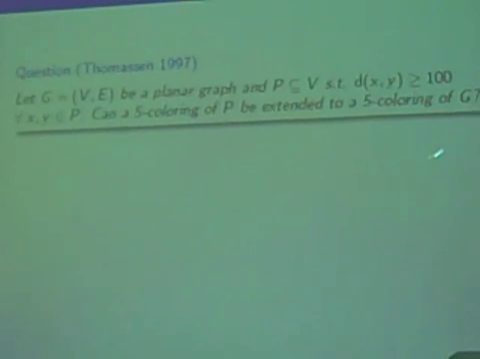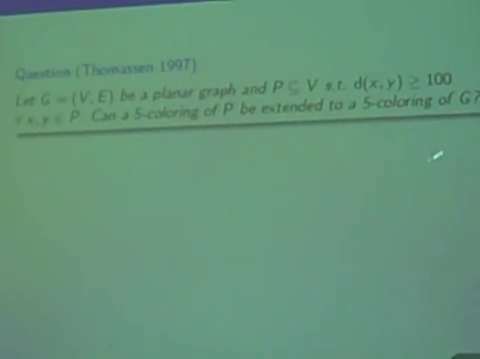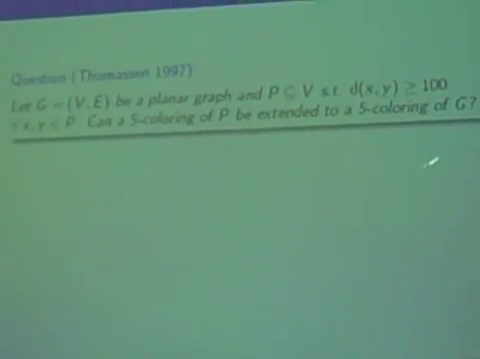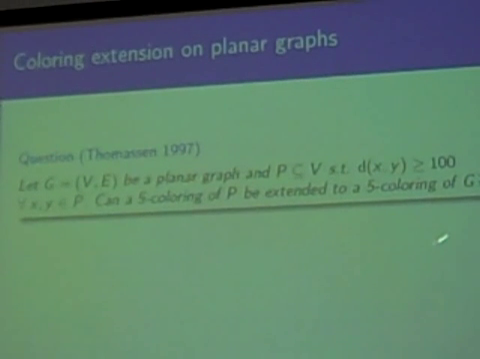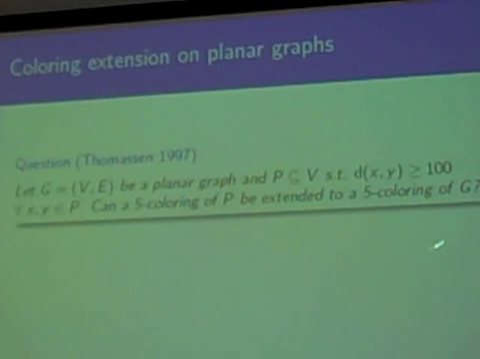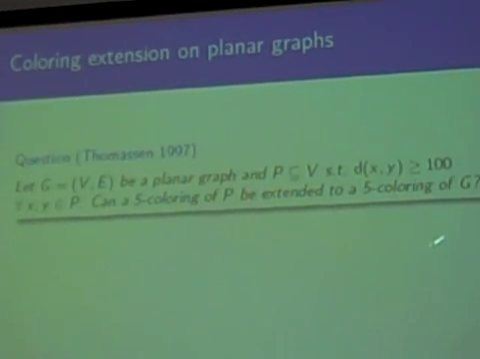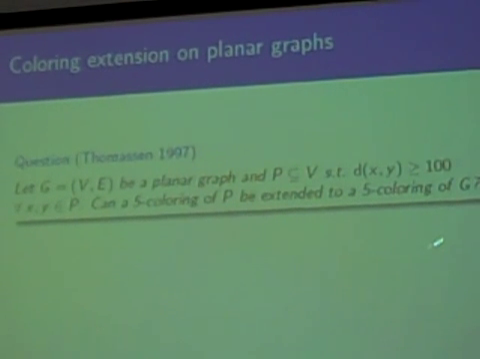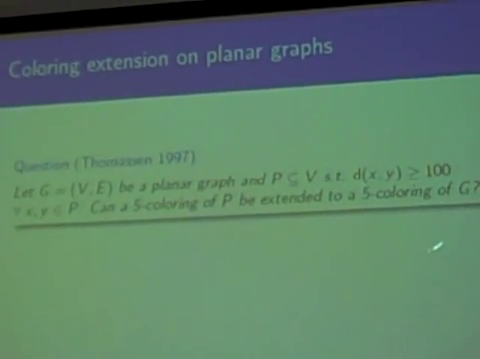Okay, so coloring extensions on planar graphs is based on the idea that if you have a planar graph and some subset of the vertices that are far apart, so say there's distance at least 100 between them, can we color that set P first and then use the colors assigned to those vertices to also color the rest of the graph? Okay. So that kind of came into play